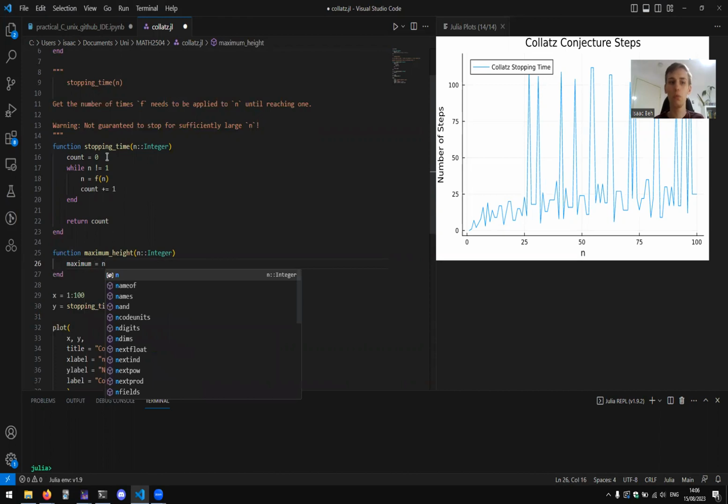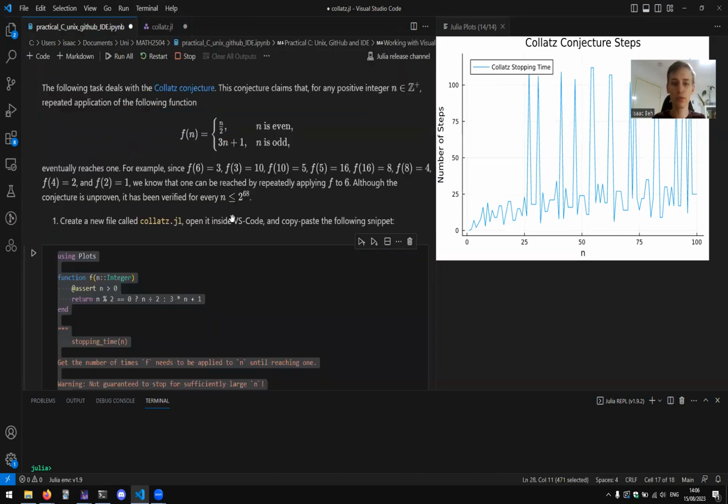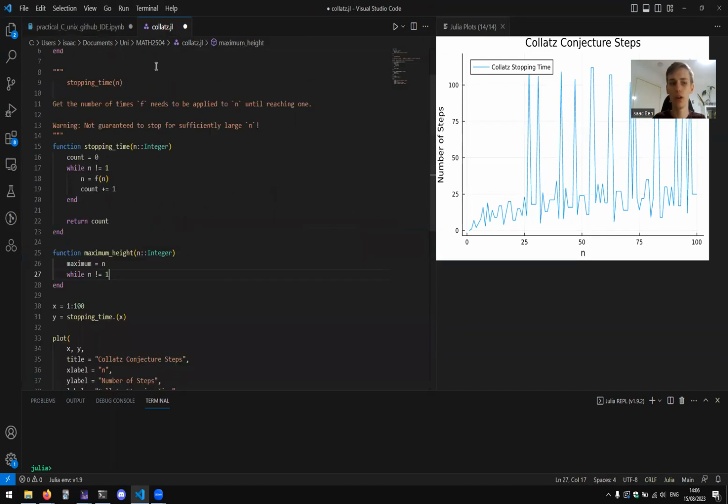So initially, the maximum as far as we know is n, and then we're going to loop through this procedure and update our maximum as we go. So initially, our maximum, we think it's n, and then while n is still not equal to 1, whilst we're still doing this looping procedure and we haven't reached 1, what we're going to do within